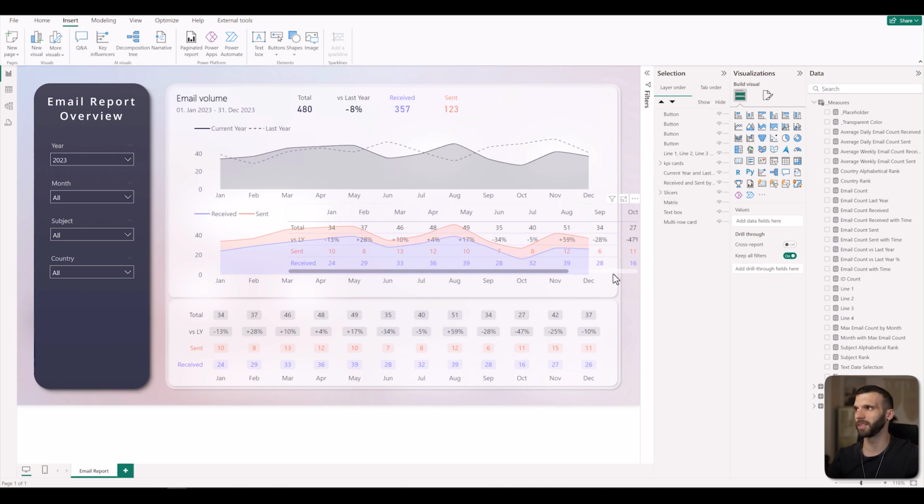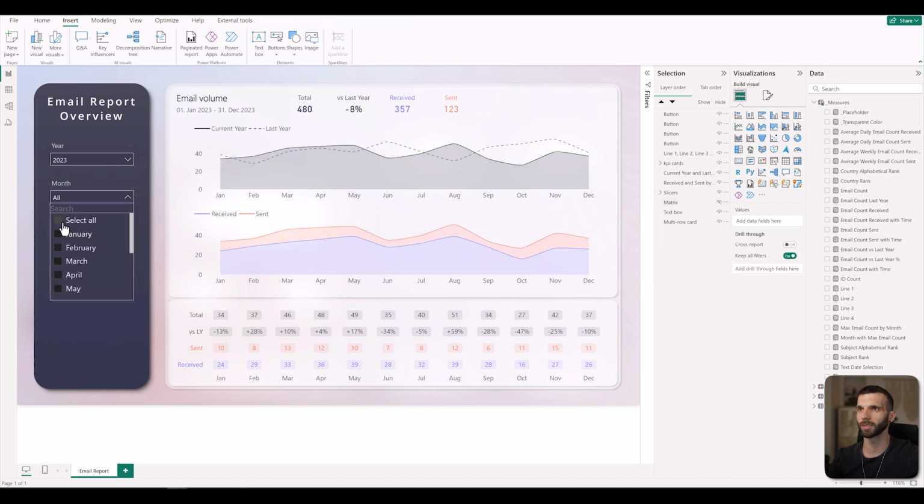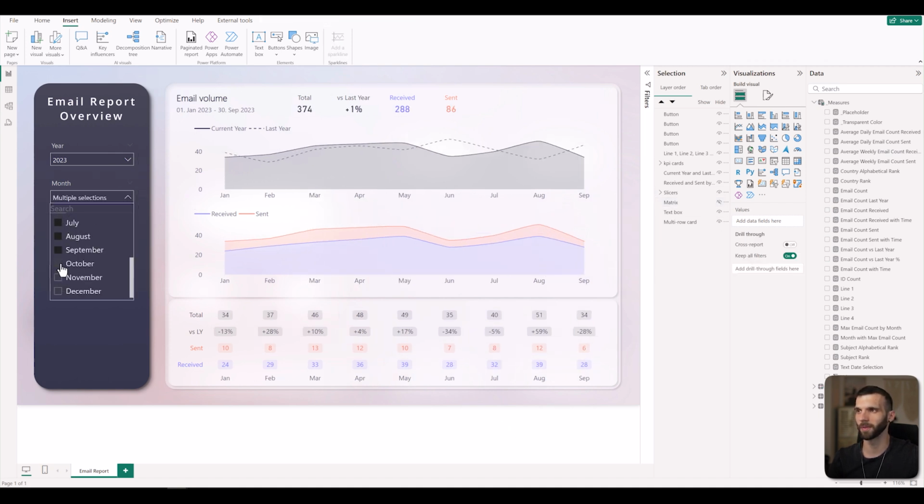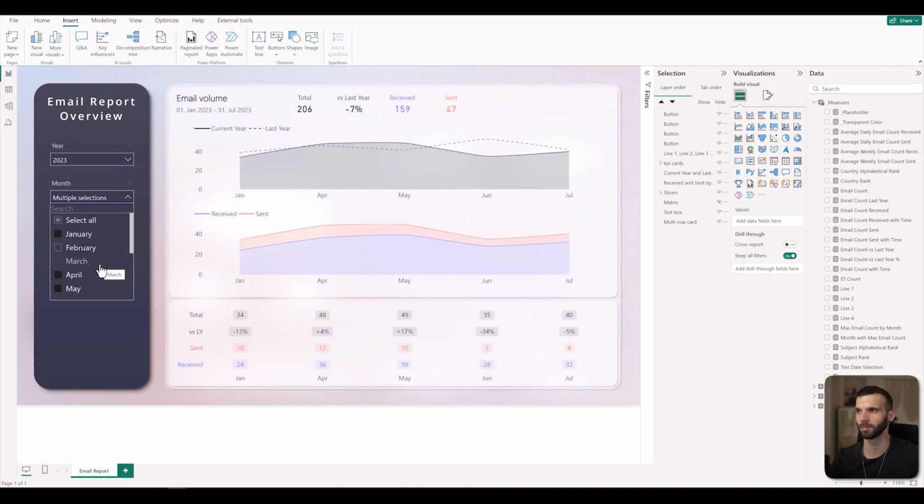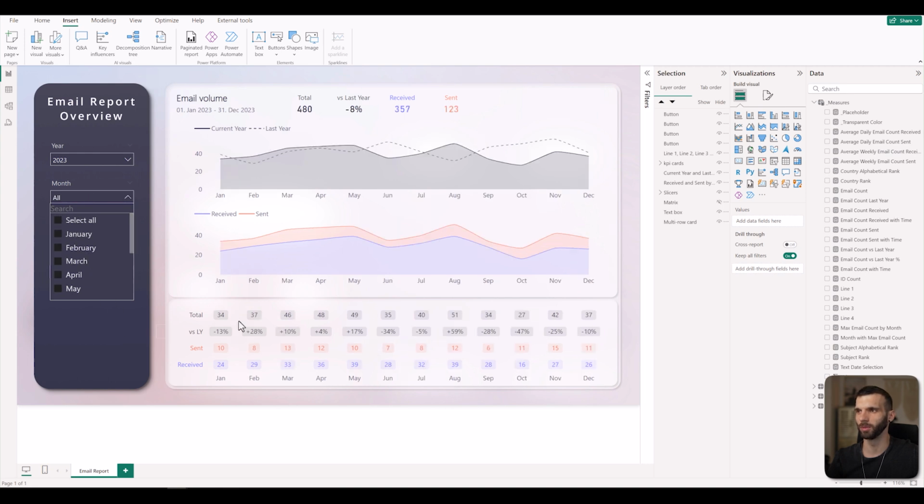Now we don't need this matrix anymore. I'm just going to hide it. And let's see how it works. Let's deselect some of the months. And as you can see, the scaling is the same. It scales very nicely. But one last thing I would do is to change the interaction between the visuals, because